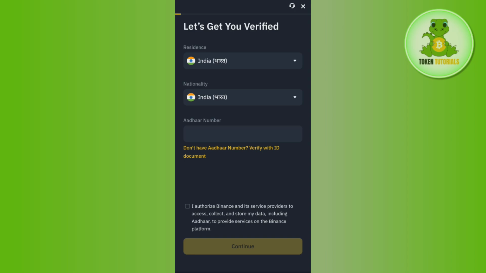Then you just have to simply complete this verification process and you will have to submit your application. Once your application is completed successfully, you will get an email from Binance service, and they will tell you that your account is now approved and now you can use your Binance account for deposits and